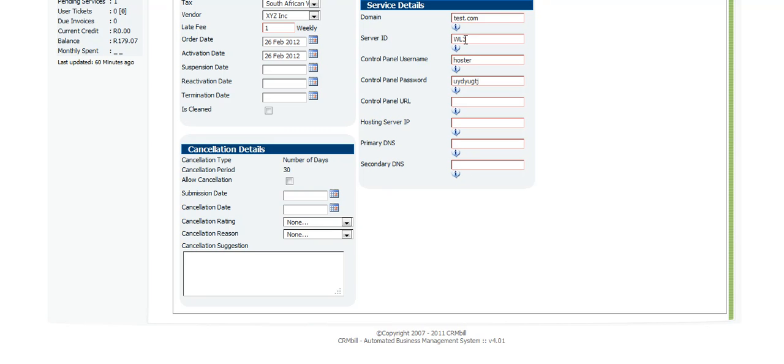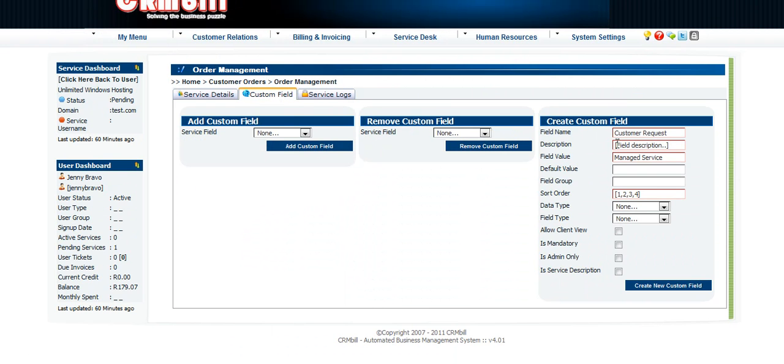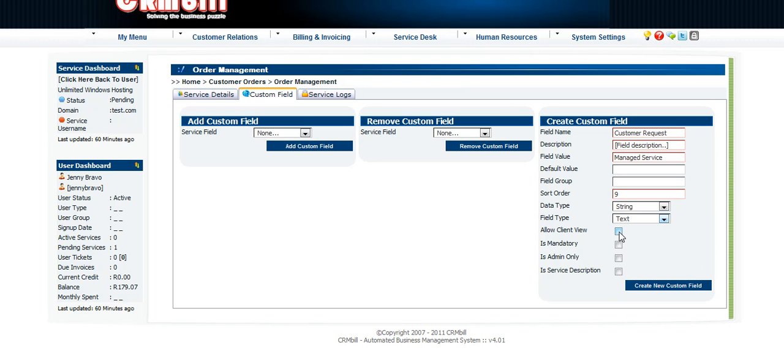Right now we have 1 2 3 4 5 6 7 8 already. So what I will do is I will enter 9 here. If I enter 3, it will be the third from the top. The data type of this particular custom field is integer. Field type is text field. Allow client view, yes. Is it mandatory? No. Who will capture this? Only I will capture it, and it's not a description. I will say create new custom field,